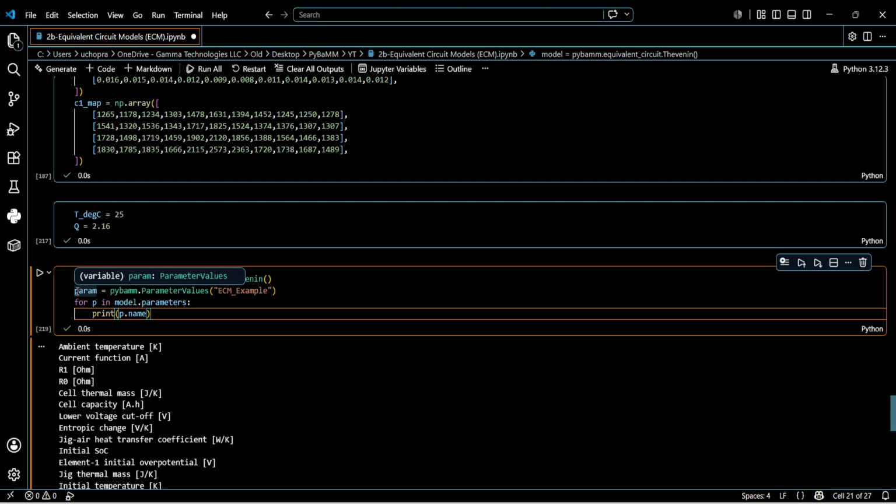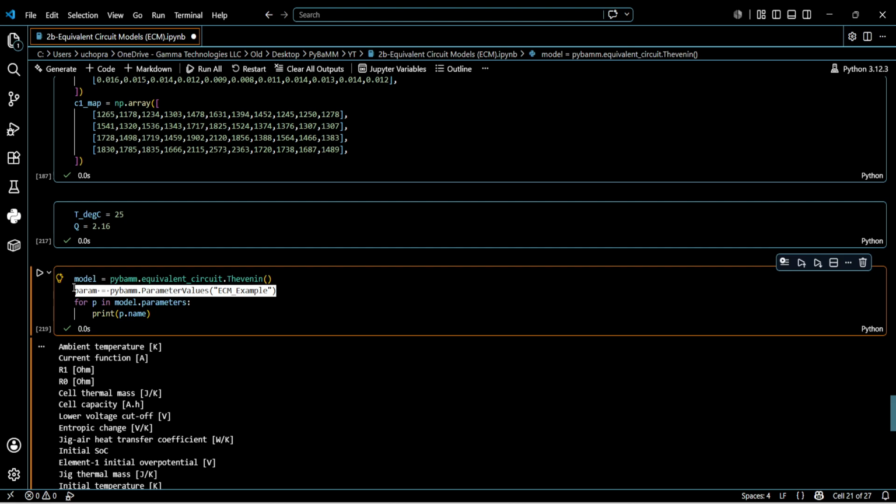And similar to what we had for the lithium-ion battery, where there were libraries of parameters or database options available like Chen 2020 for NCM chemistry and Prada 2013 for LFP chemistry, similarly, in the case of equivalent circuit models, we have ECM example, which has some predefined values which can be a starting point, and then we'll also do some parameter update later on. Firstly, let's print all the